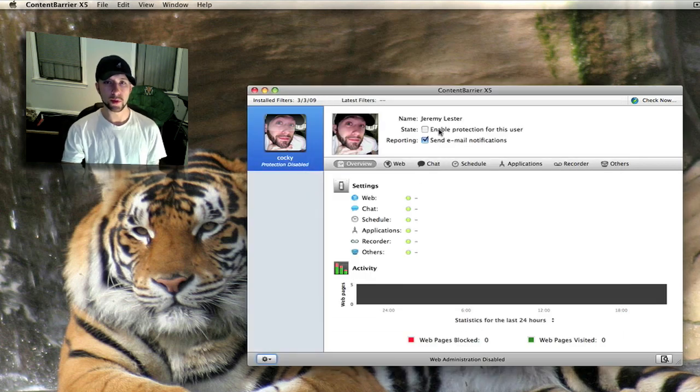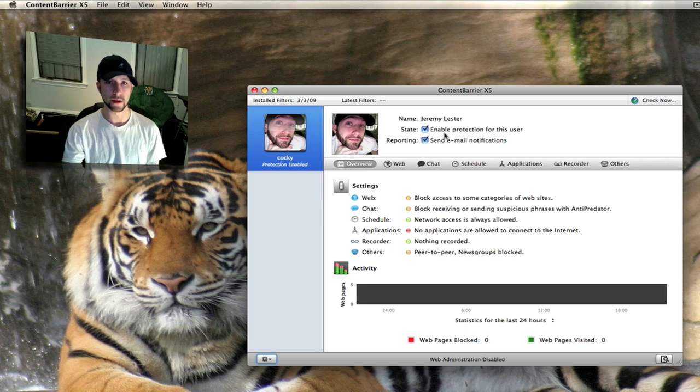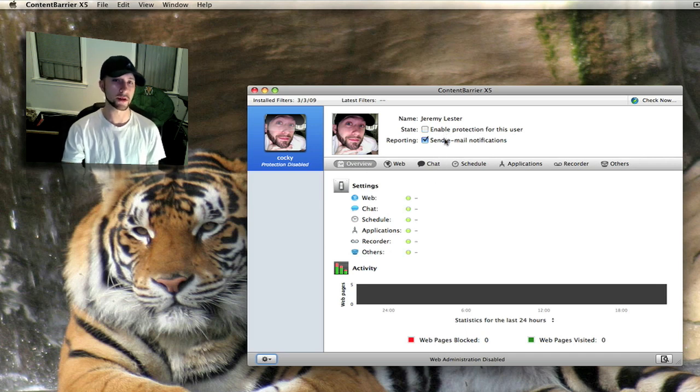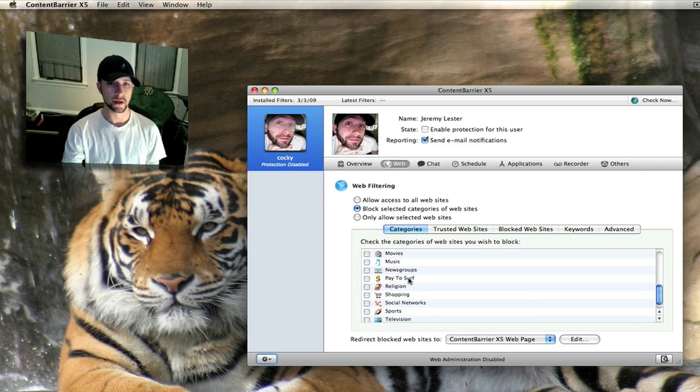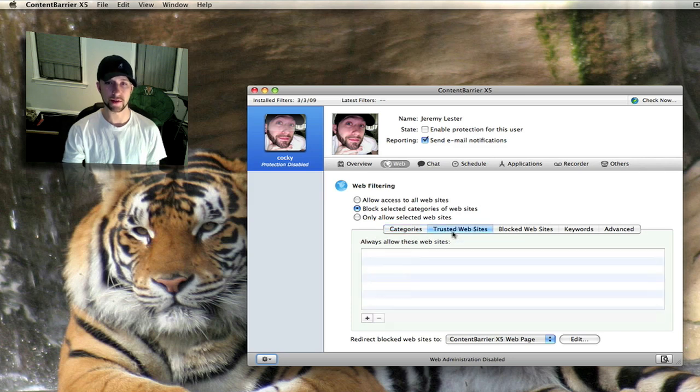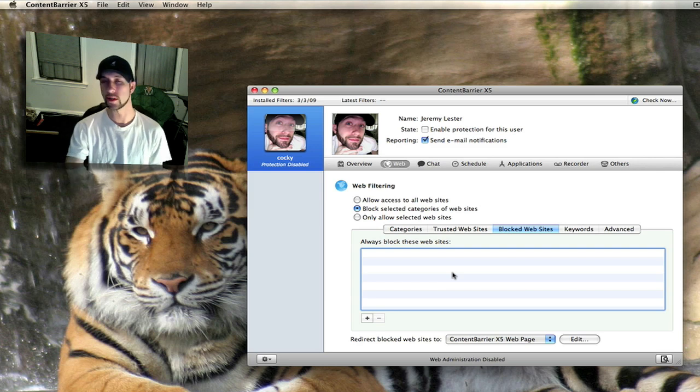You can enable protection for this user. We'll turn on the parental controls. You can have it send email notifications. Web settings, you can block certain types of websites. You can add trusted websites, ones that you don't want blocked that it might block by default. When you click on something, you can put those in the trusted websites so they aren't blocked. You can block specific websites. If you notice one of your kids on a website you don't want them on, you can add that in here. You can block certain keywords,